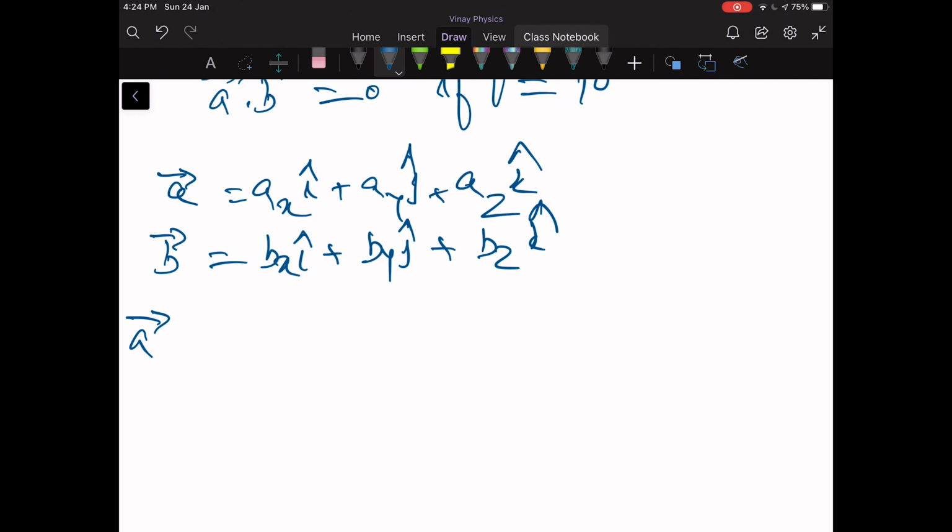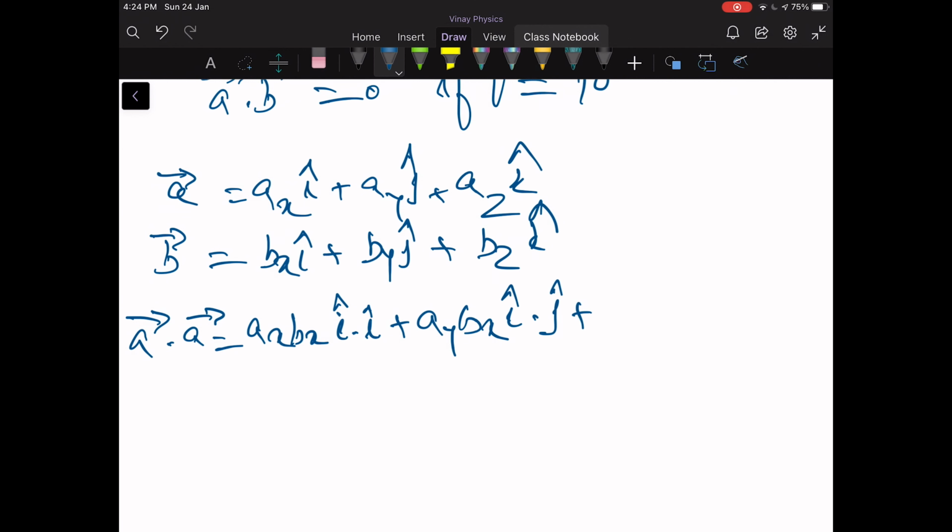If we take a dot product of these, it's very similar to a mathematical multiplication. So it will become AX BX i dot i plus AY BX i dot j plus AZ BX i dot k, and similarly we will have plus